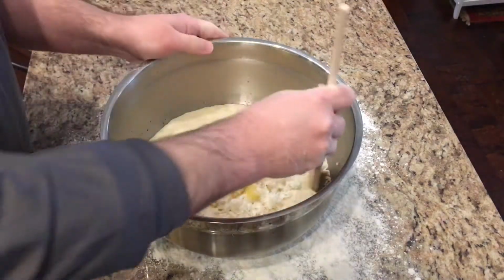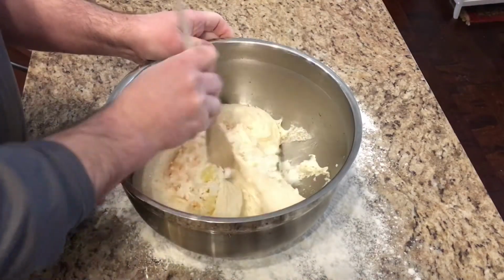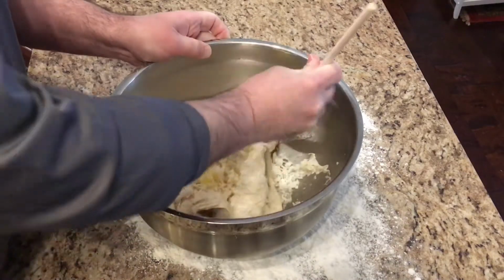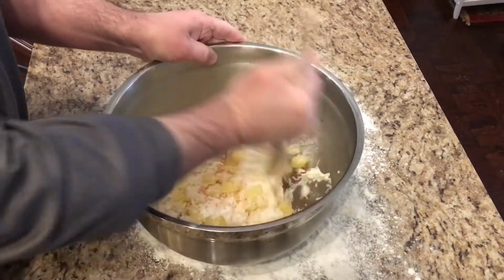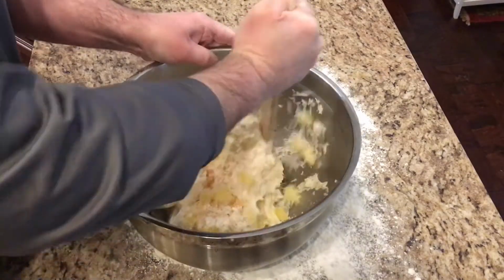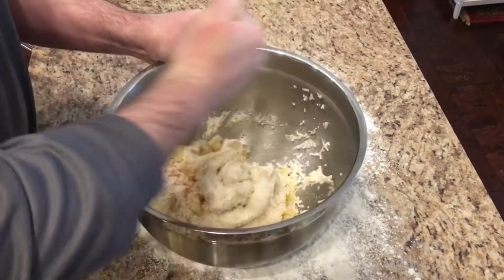Not a ton. Again, because I greased my bowl last night, it's gonna be a little easier to mix it around in the bowl. I'm gonna do a ton right here. I'm gonna do most of my work on the table, but